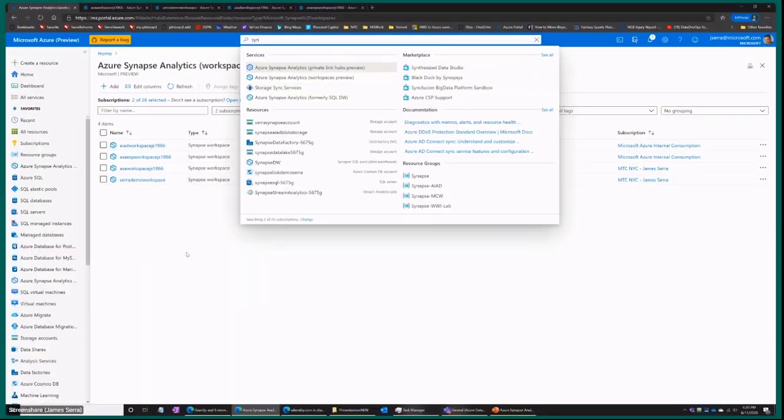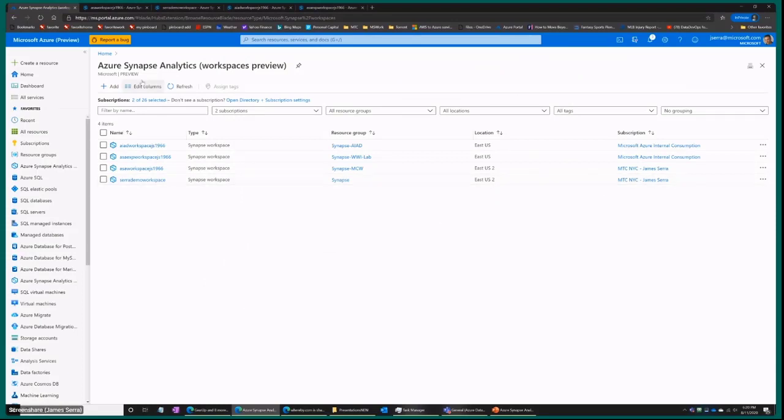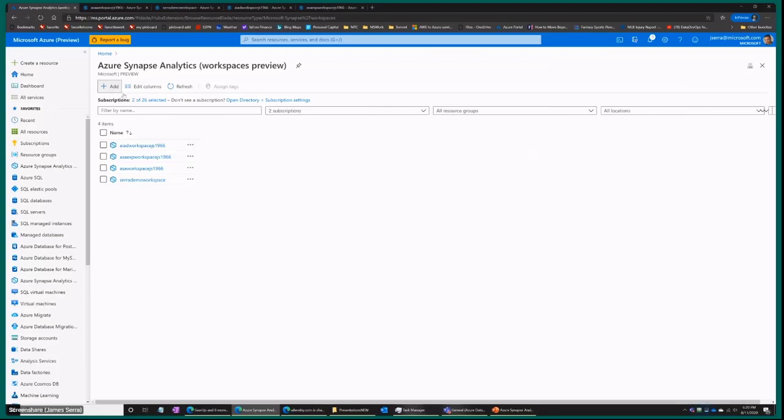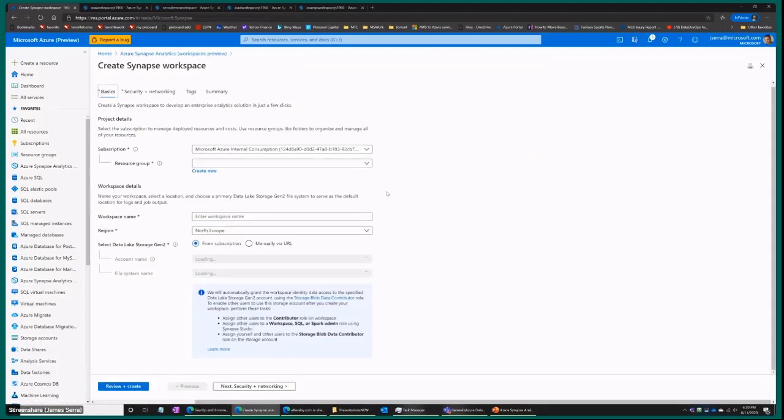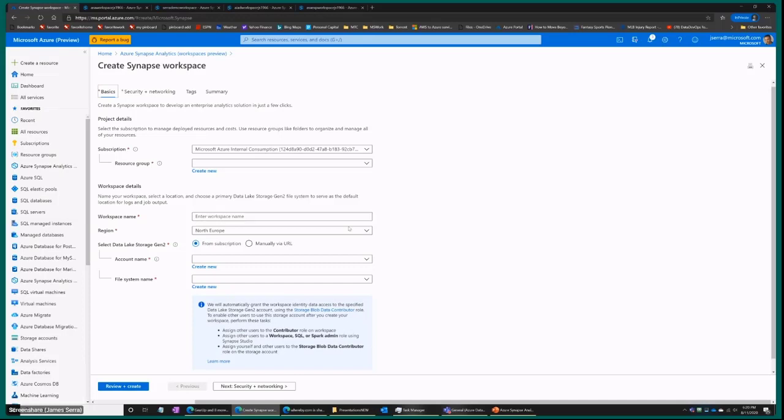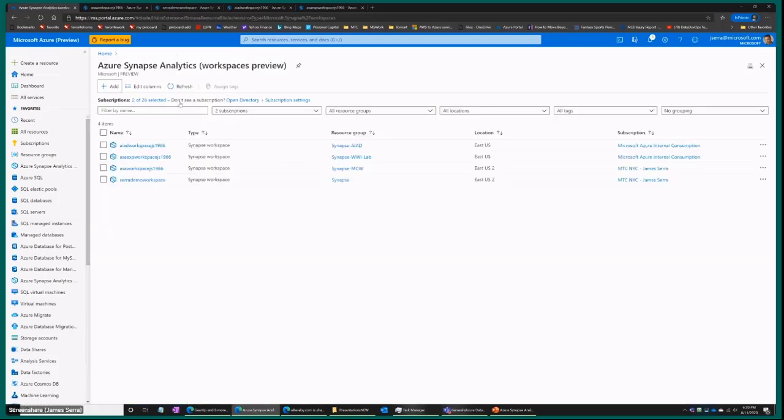And what happens with this is I go to Synapse Analytics, the workspace preview, as you see here, and I can choose to add. And so this is basically creating a workspace, and it's really just a container. It's nothing fancy. It's just a way to break out things usually by projects, or maybe you have a dev, test, and prod. Maybe you're going to do it by certain groups or organizations within your company. HR and PR and payroll will get different ones in there. But in most cases, I see customers breaking it out by projects. So once I create a workspace, and you see I have 4 of them, I just go to this workspace,